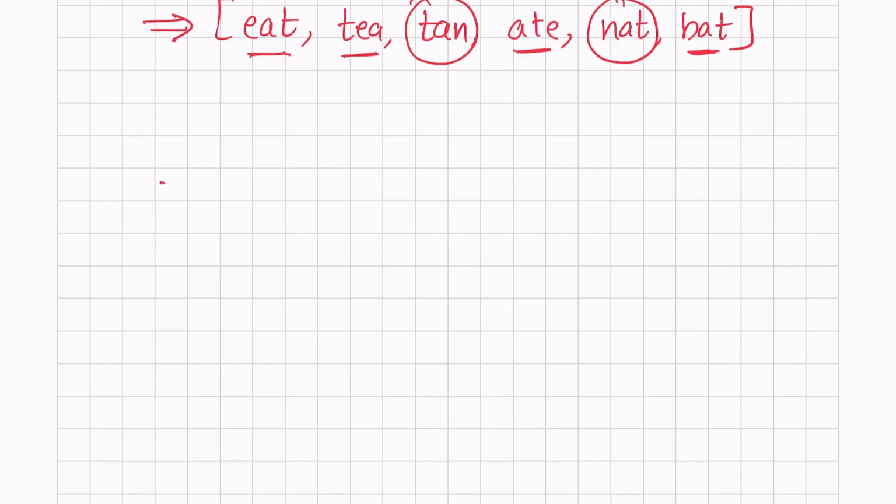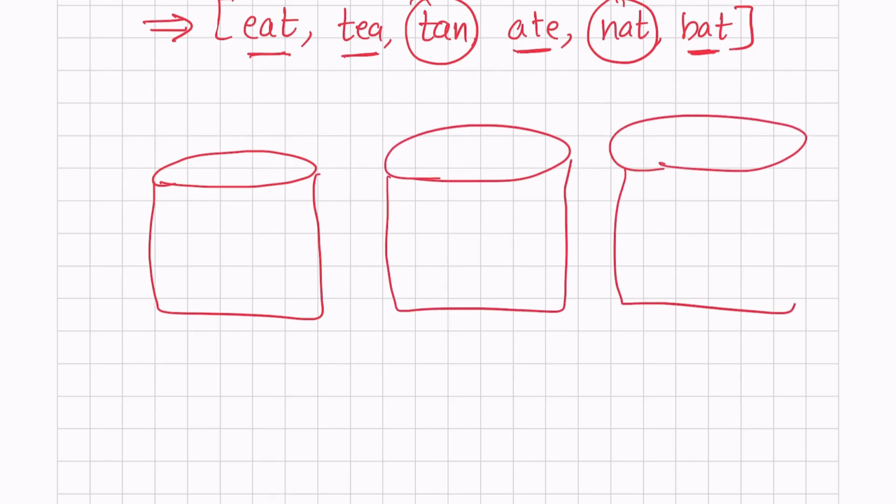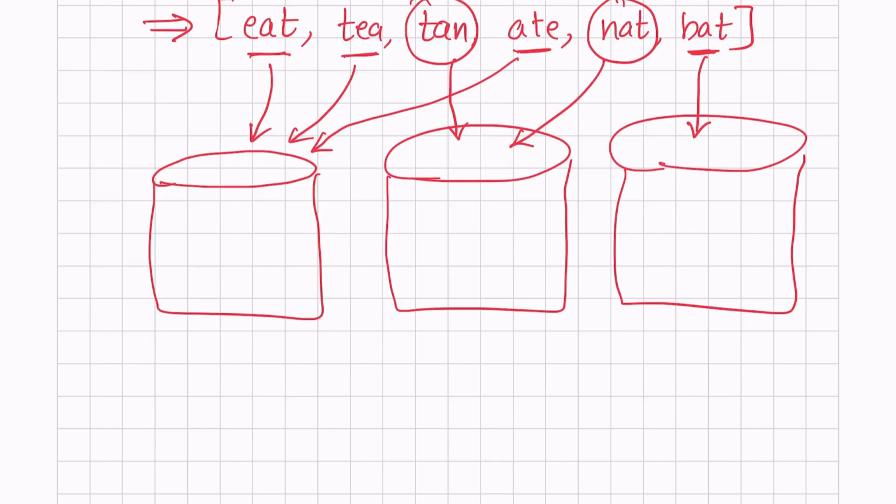Just for a moment, imagine you have buckets. Imagine you have three buckets here, right? How can you put anagrams in their own buckets? So here, how can you put eat, tea, and ate in its own bucket? How can you put tan and nat in its own bucket? And how can you put bat in its own bucket,